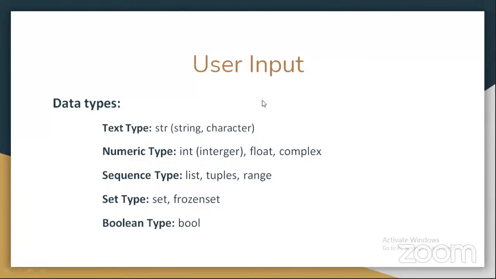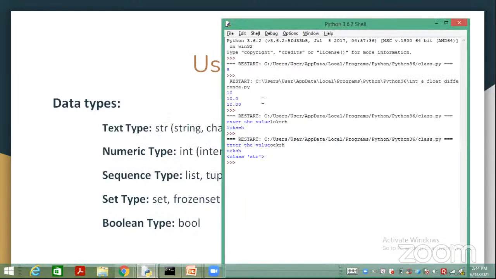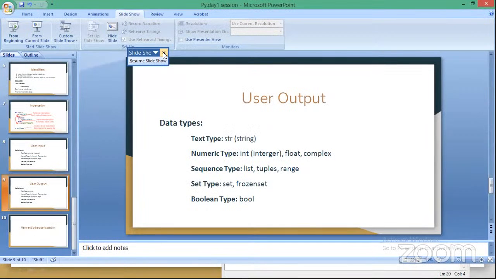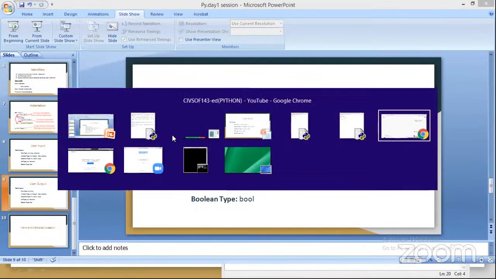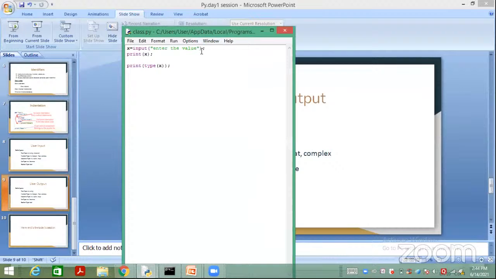And user output is nothing but, as you all have seen, data type. What's a data type? We are specifying here what the thing is, and the specifications and types and so on. See here, now what I want to do is, without specifying a data type,